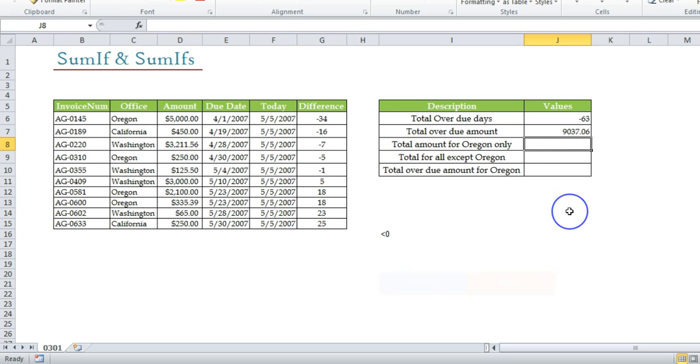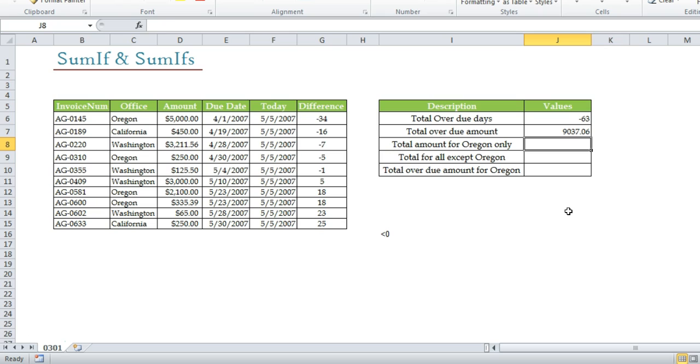The third one is total amount for Oregon only. It's very simple, guys. This is a very common scenario that you may face in your work, which is, if you have, let's say, 10 offices and you come up with a situation in which you want the sum of all the expenses that belong to your office only. So this is the kind of situation that we are facing. Or maybe your company is selling 10 products, so the total revenue that you have generated from a particular product. So this is that question.